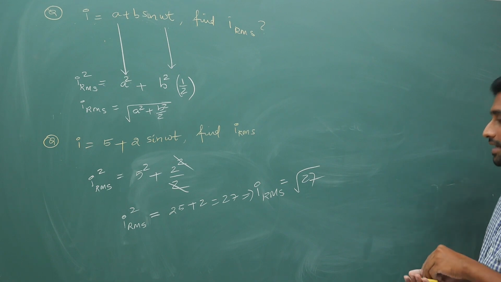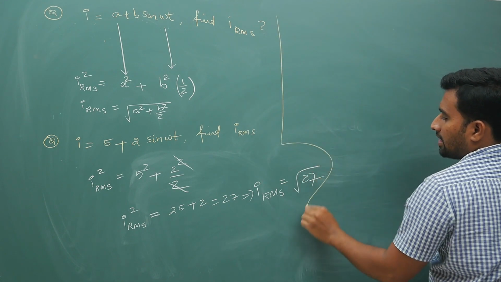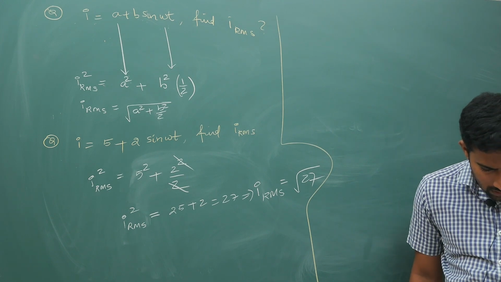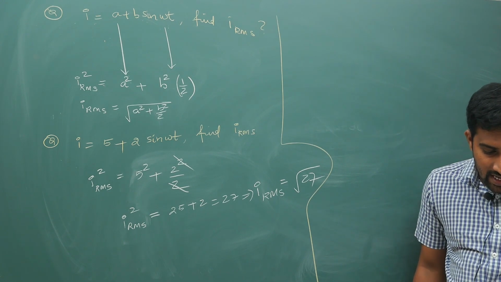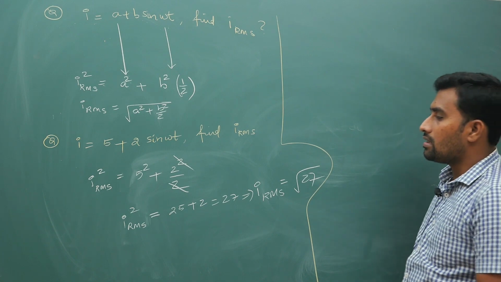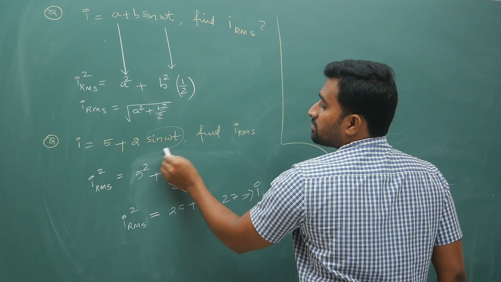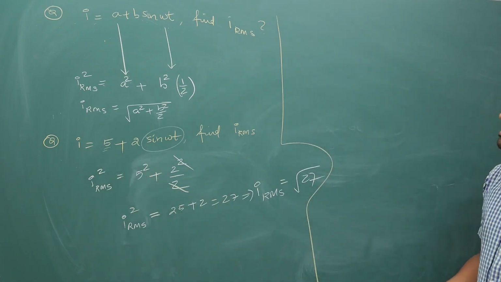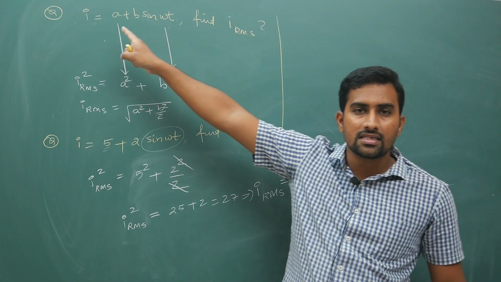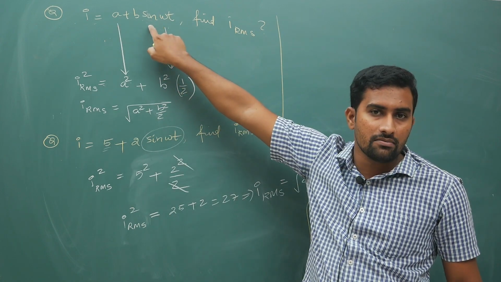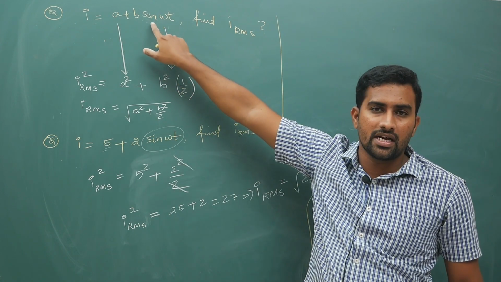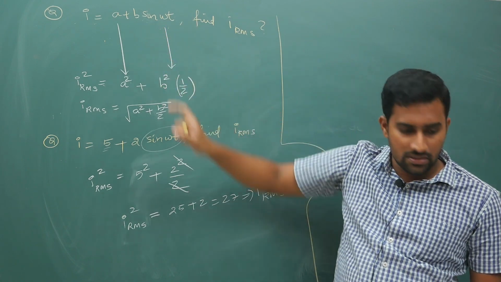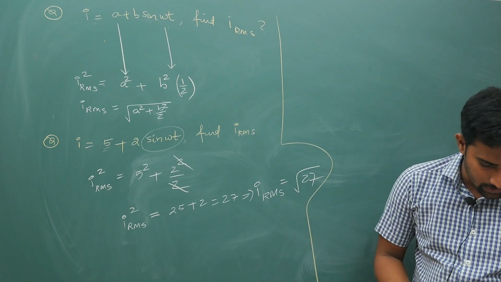Okay, right? Next, for more understanding, if the average value is asked for this function, the average value of sin is 0. For 5 it is 5. So if I average is asked, the answer is 5 only. Here, if I average is asked, the answer is A only, because for this term, the average value of sin omega t, your integration term, will give you 0 result. Average value also you can give using this method.